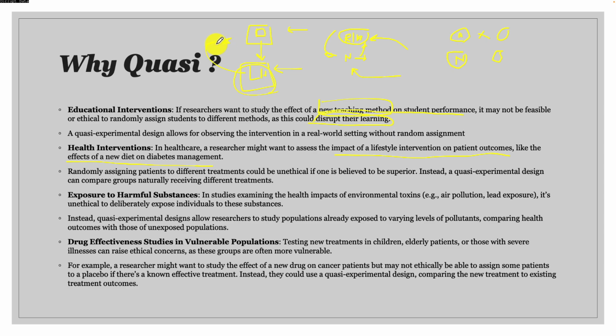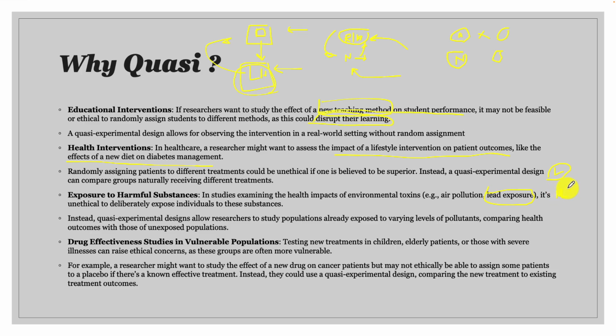So these are just examples to show you that, oh, that makes sense. I can't randomize these individuals together. If I'm looking at harmful substances and I have a group of individuals who are exposed to very high levels of lead, well, I would keep my lead group together and I would keep my non-lead group together, because